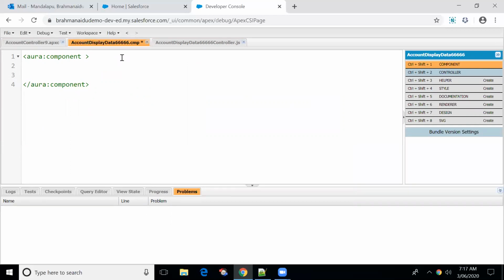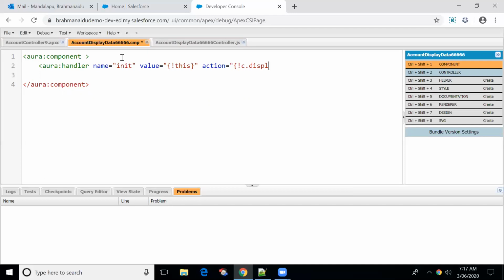So what approach will we be using for this? Which handler method? Aura handler, and name equal to init. This is a standard syntax, but when it comes to action, you can give any name. Action equal to, so what do you mean by C here? Controller namespace.